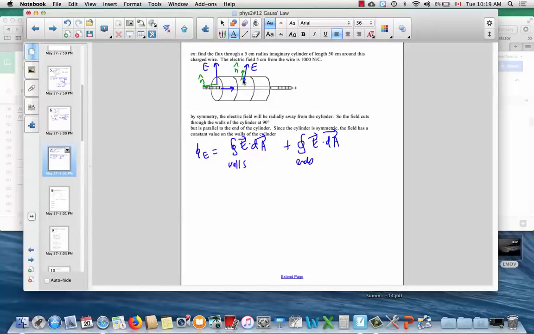Now, if we make this cylinder concentric with the wire, the electric field will be constant over the walls, and therefore you can pull it out of the integral and you can proceed to evaluate the flux in that way. So